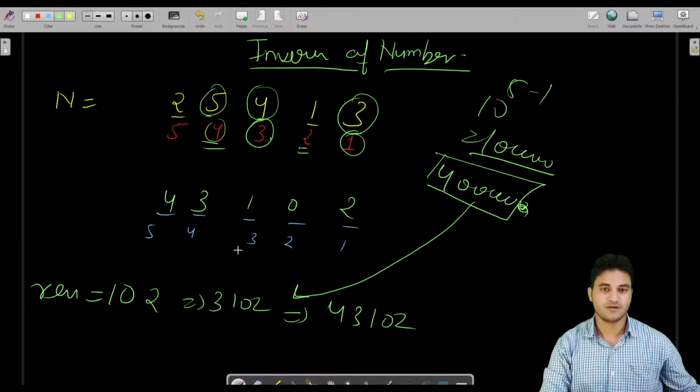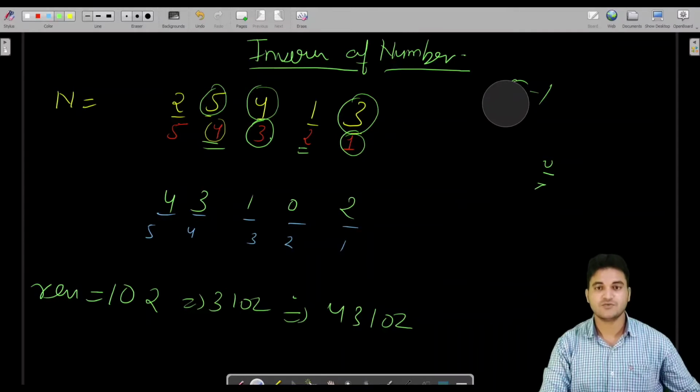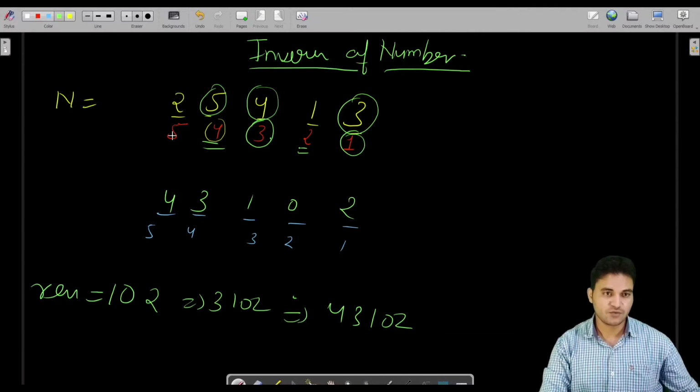So indirectly 4 would be coming here. Now we are only left with one iteration, and this is the last chance to understand. And let us see how I'm going to write. We have to fill this place. Of course, we are left with only one place. So we have 2 on 5th place. What we want is 5 at 2nd place.